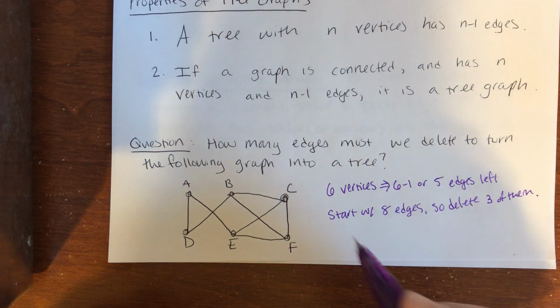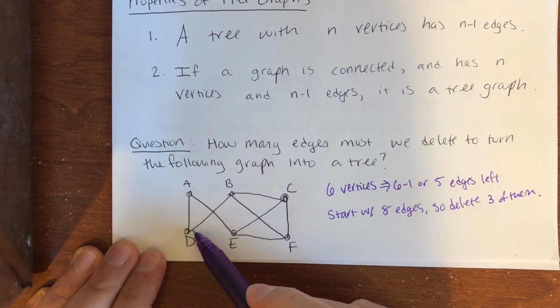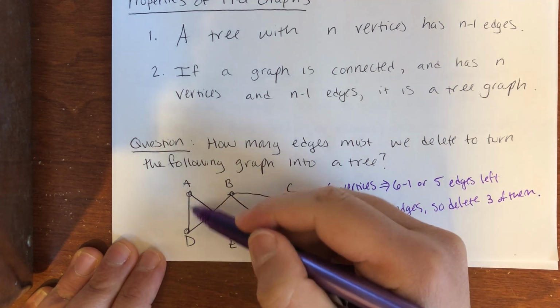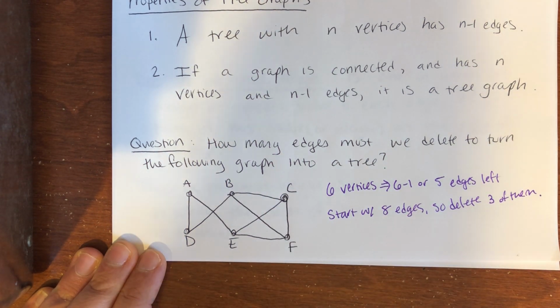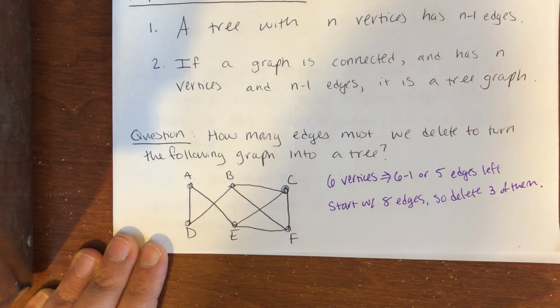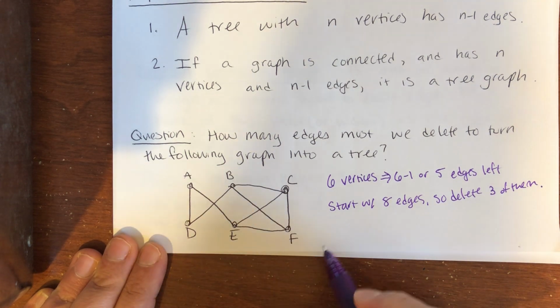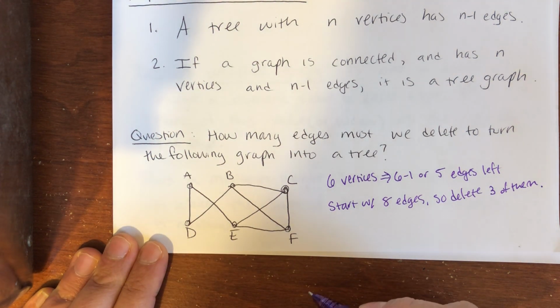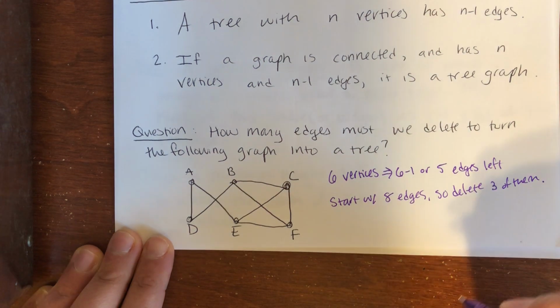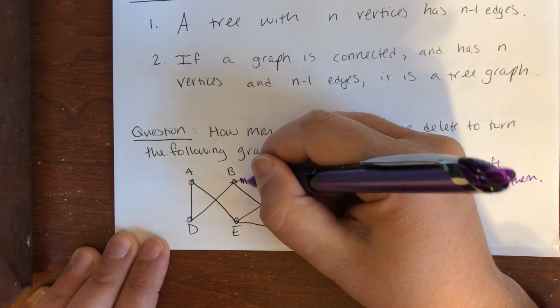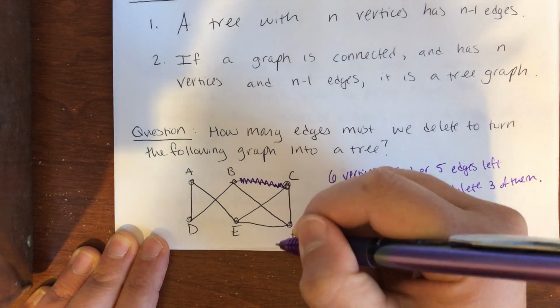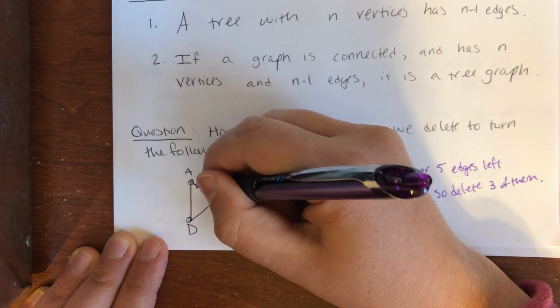No, right? You can't just arbitrarily delete them. If you were to delete these 3, for example, DB, AE, and AD, the result would not be a connected graph, right? Vertex A wouldn't be connected to anything. Vertex D wouldn't be connected to anything. So you can't just arbitrarily delete edges, but you can delete them in such a way that the leftover graph is still connected. So for example, maybe I would delete B to C and maybe A to E,